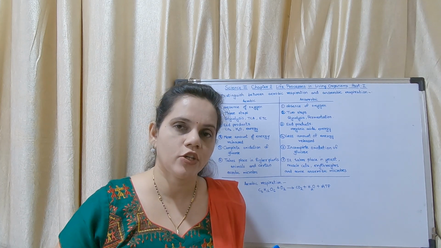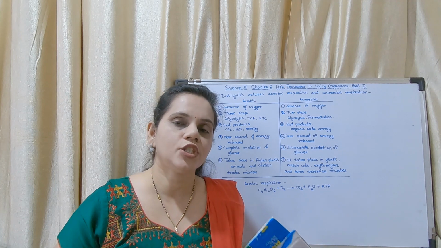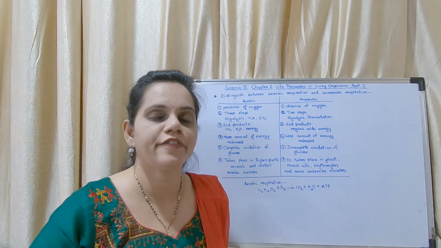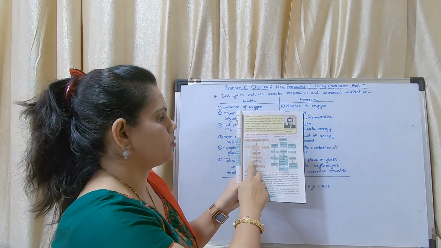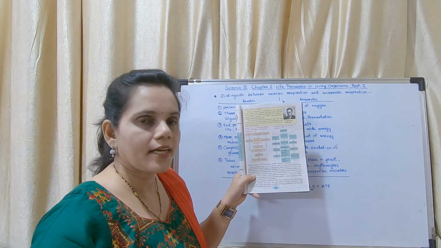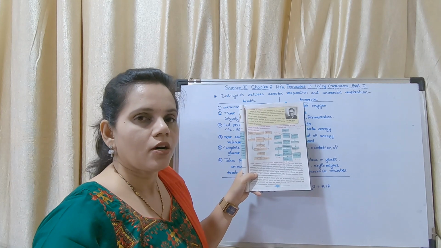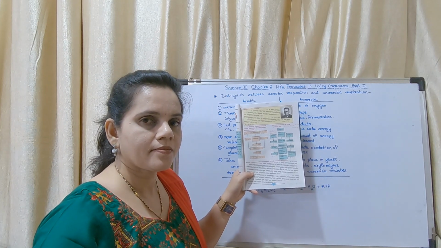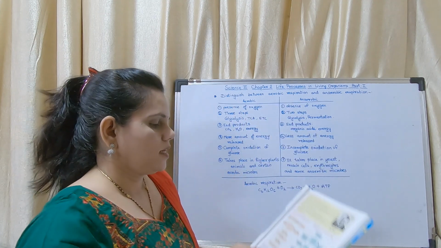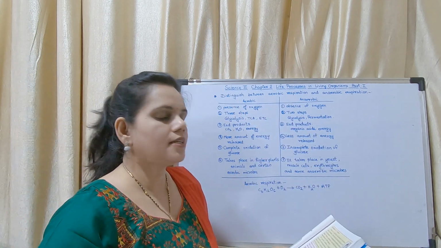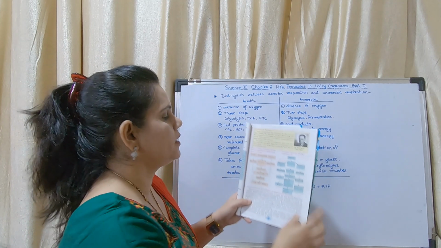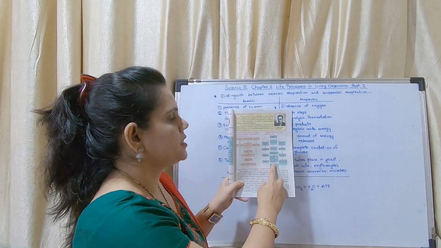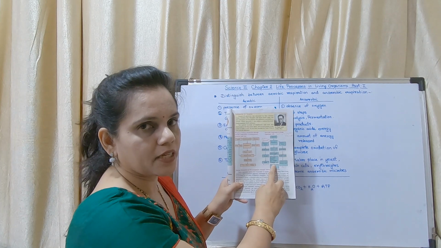Before going into anaerobic respiration, we may see the two charts which are given on page number 15. You may see these are the 2 charts. Those who don't have the textbook may just copy it. Take a screenshot and copy it. Now this is in the textbook. They have given this chart of aerobic respiration and this chart of anaerobic respiration.